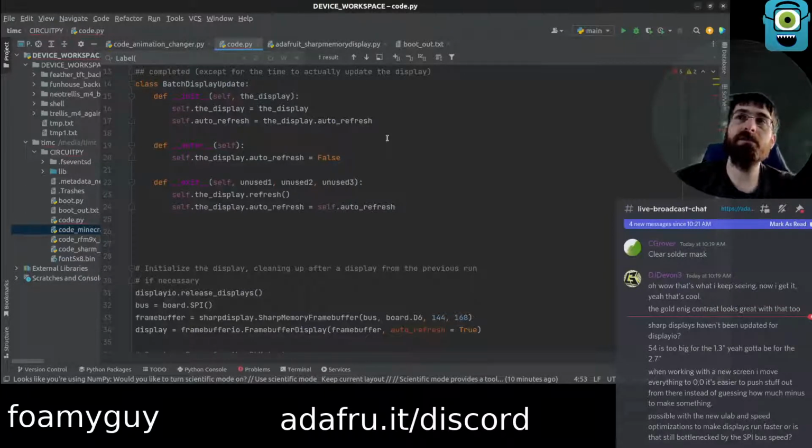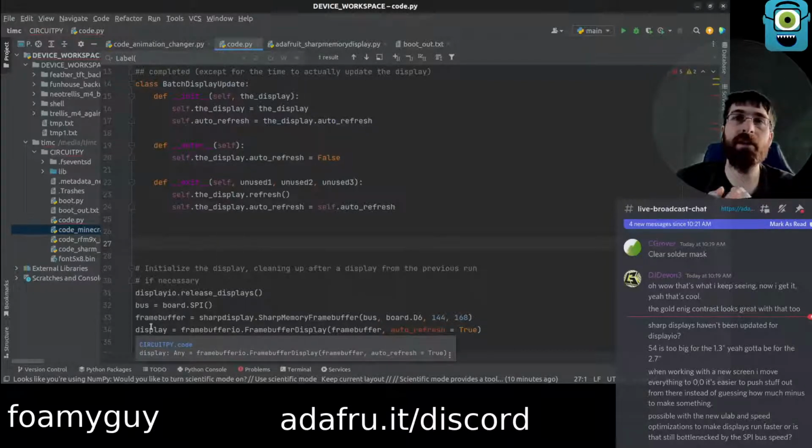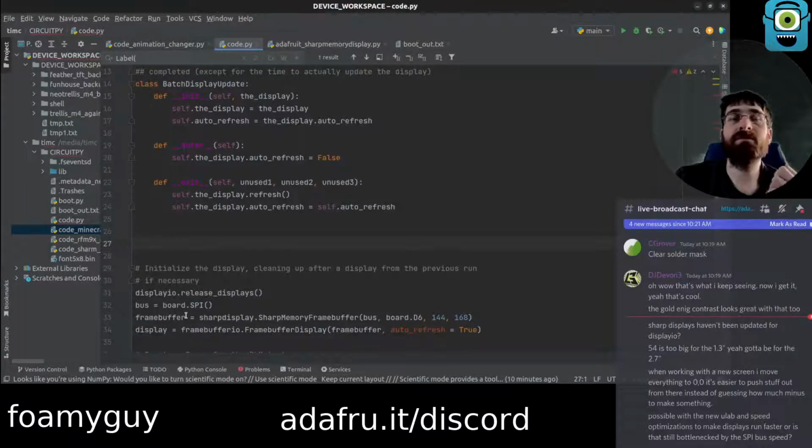I mean, it definitely is gated somewhere by SPI, but what I don't know is are we already at that limit or not? Are there other things we could speed up, and only then would the speed limit of the SPI bus start to matter? I'm not actually sure where we lie in that scale.